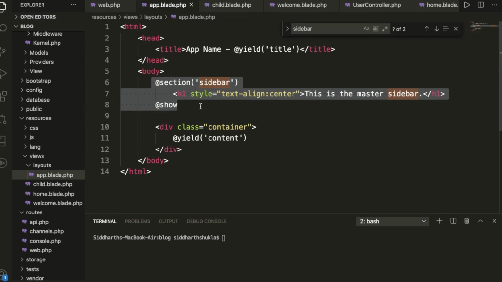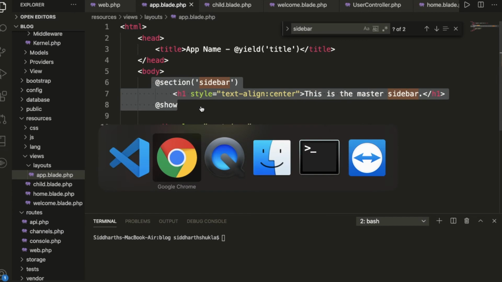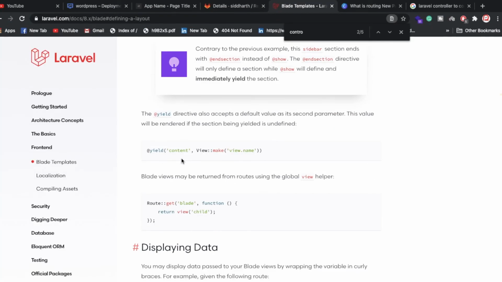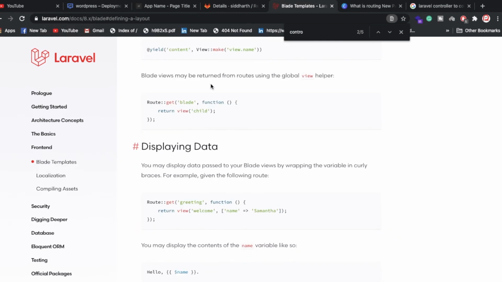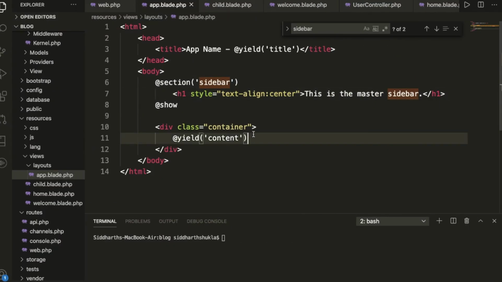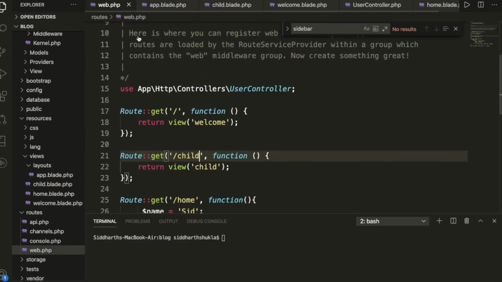Now we have discussed the Laravel blade things. So now we also need to understand how to create a component. If you want more descriptions about this particular blade and component, you can also read from the Laravel 8 website. So now I'm here, and I'm going to go inside of the web.php.